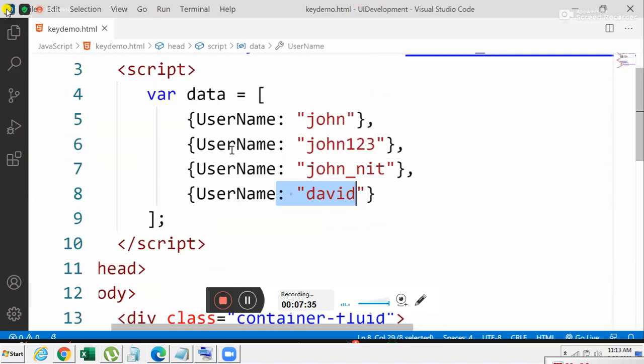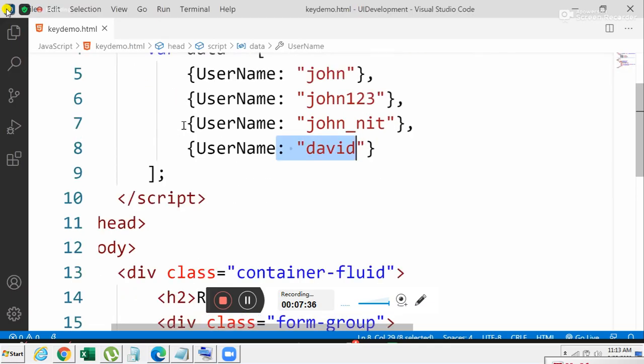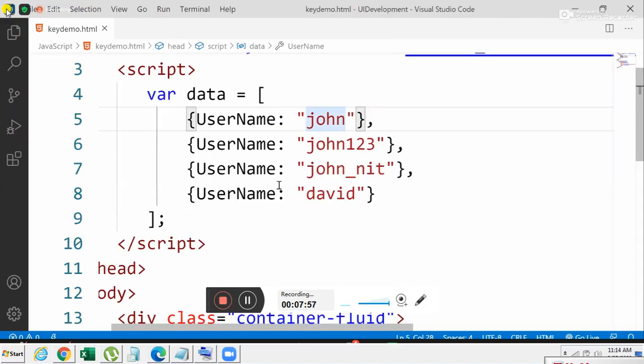So we need to do that for every character, because when one extra character is added, it should verify immediately. Even if one character changed, the username will be available or the username will be unavailable. So then how we can manage that is we need